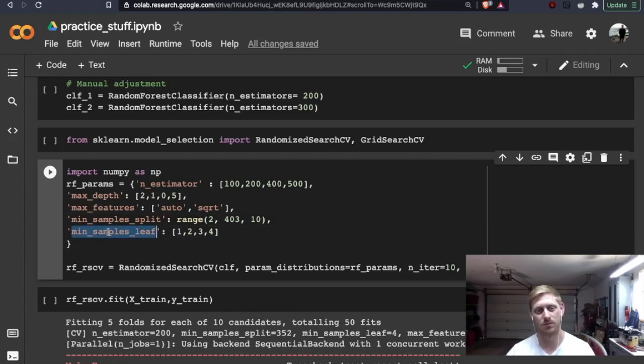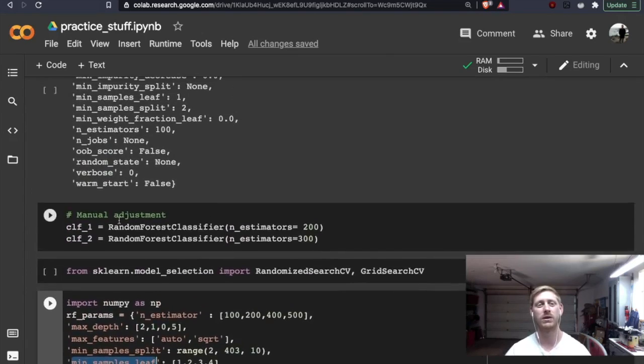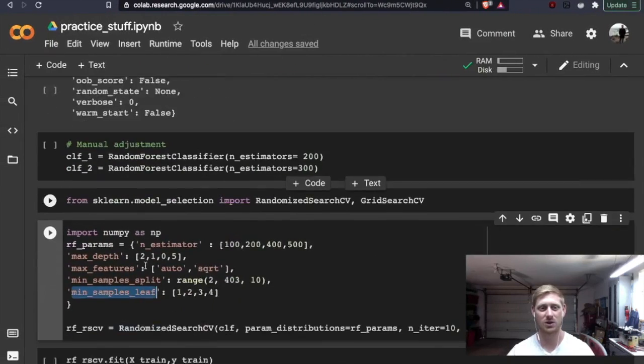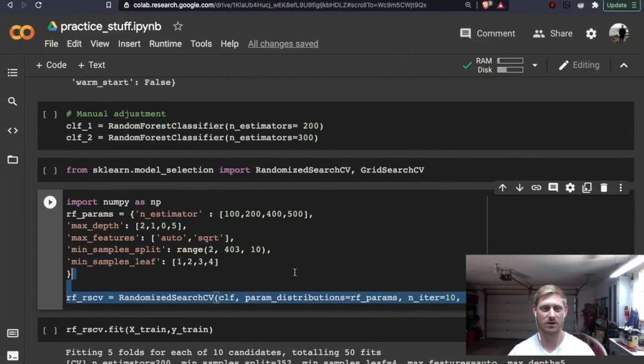It'd be in your best interest to search online for the best parameters for something like min_samples_leaf, so search best parameters plus the parameter name. That's why we would want to be able to see what the parameters are, so that we could randomly select them, automatically tune the model, and find the best parameters.